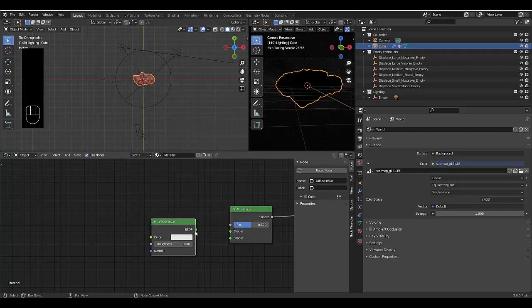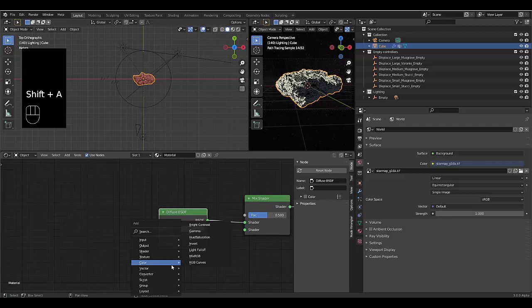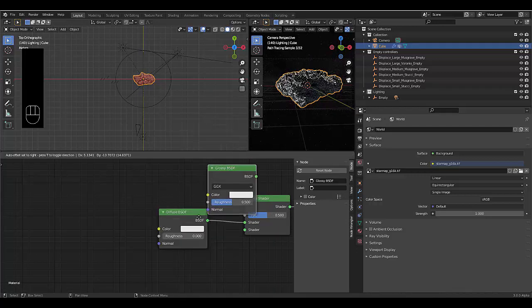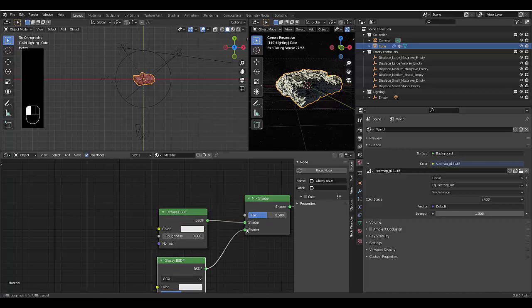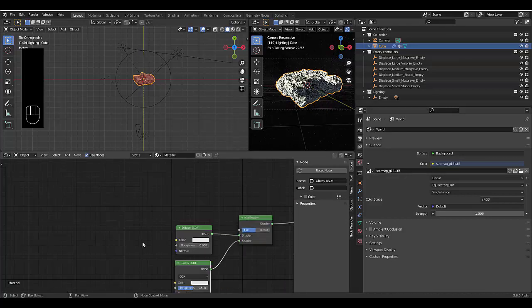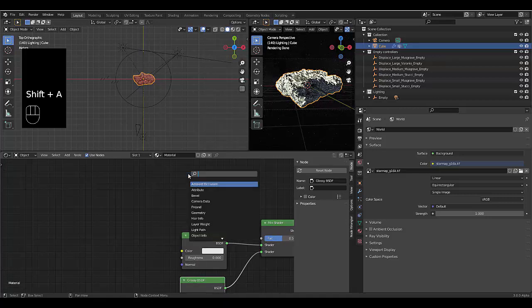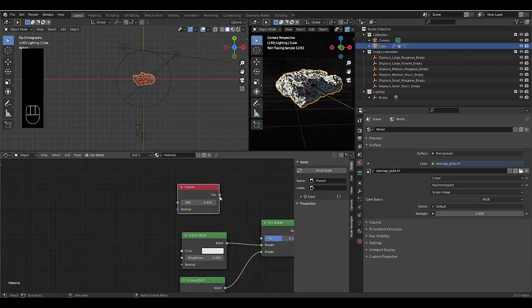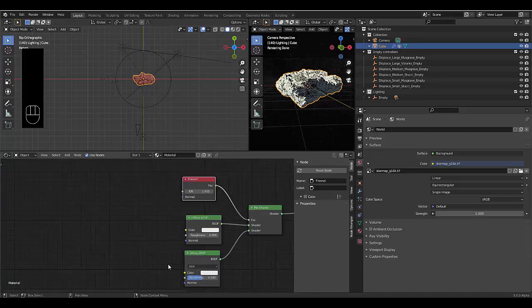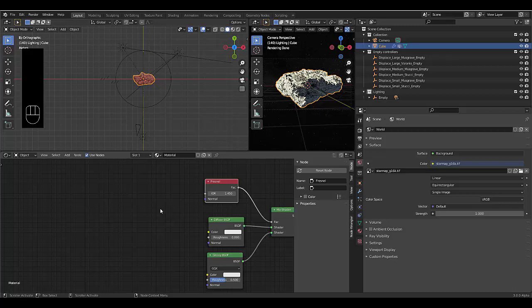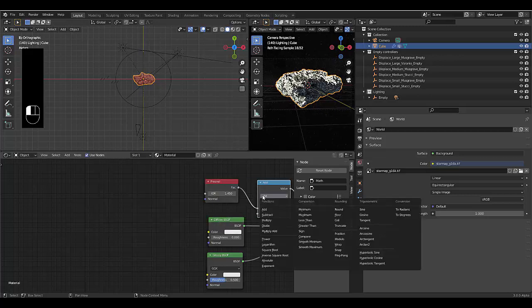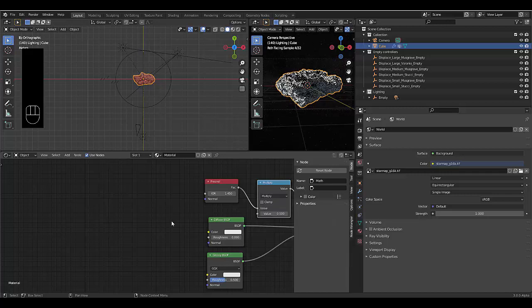Boom. I'm also going to use a glossy shader. And I'm also going to use Fresnel as the factor, and we really want to spend more time making this look better, and we can press Shift A. In the search we can type in math, select it, connect it here, multiply,